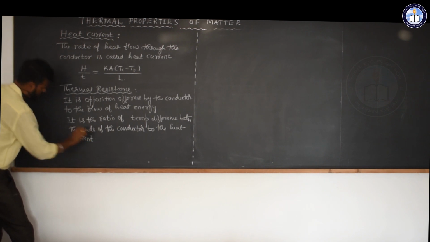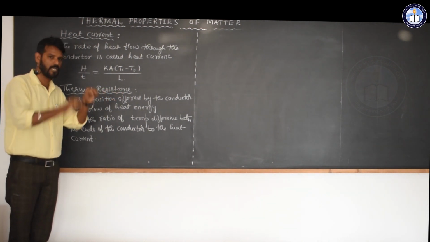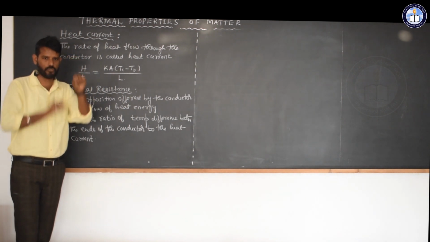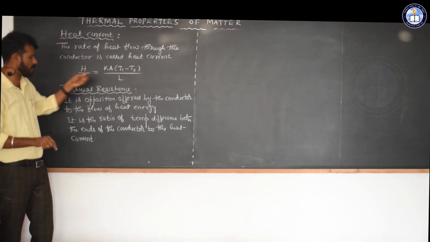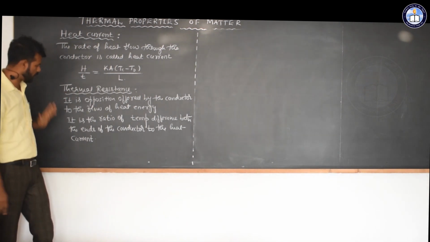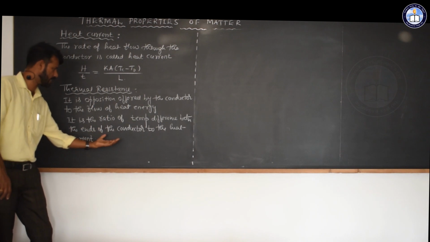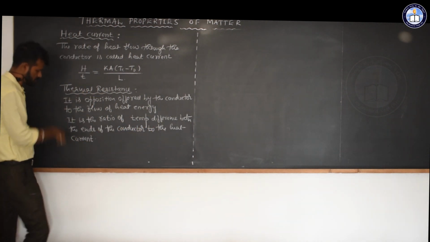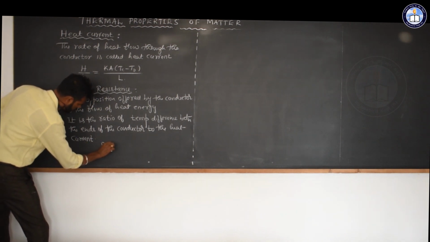So normally electric resistance we can define as the ratio of potential difference to the current flow. But here the ratio of temperature difference between the ends of the conductor to the heat current is nothing but thermal resistance. That is, thermal resistance R is equal to